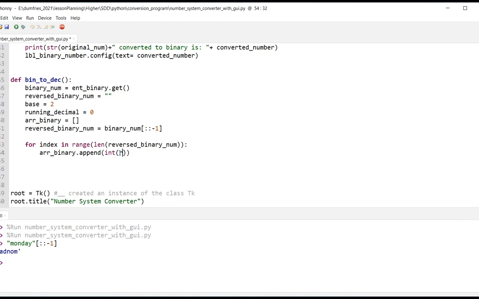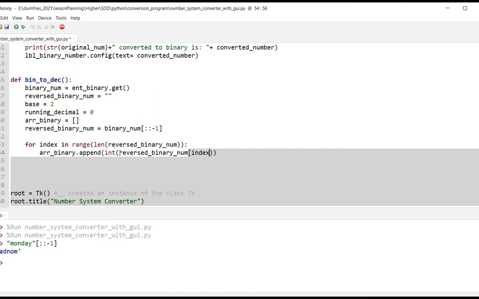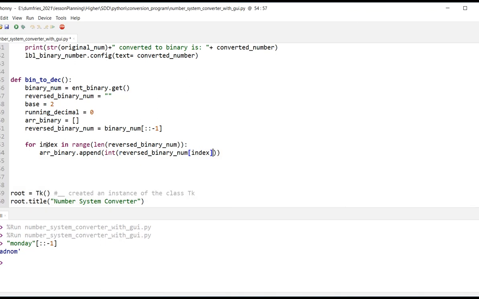So it's reversed binary num position index. Right, so this is our index here, and we're using that to locate each character in the